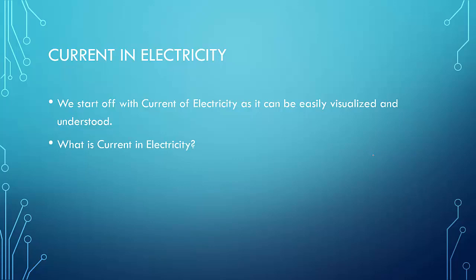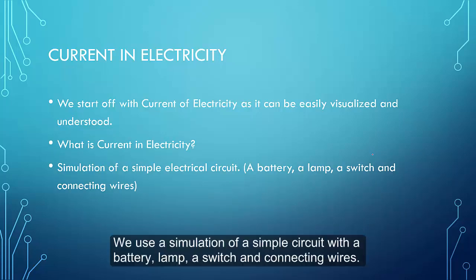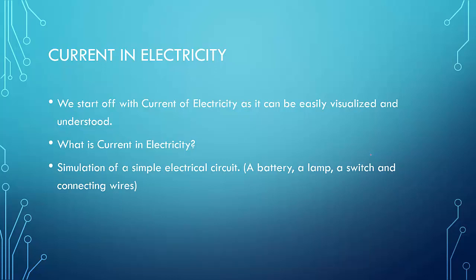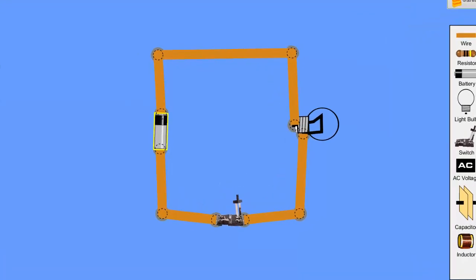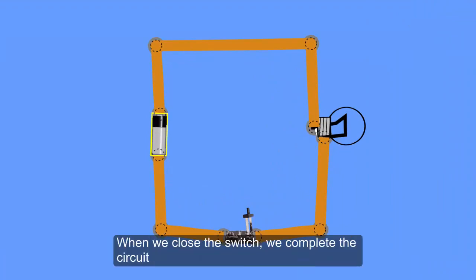What is current in electricity? We use a simple simulation of a simple electric circuit that comprises of a battery, a lamp, a switch, and some connecting wires. Though we cannot see electricity in the circuit, we can see the effects of electricity. When we close the switch and complete the circuit,